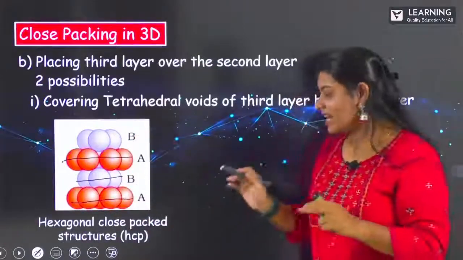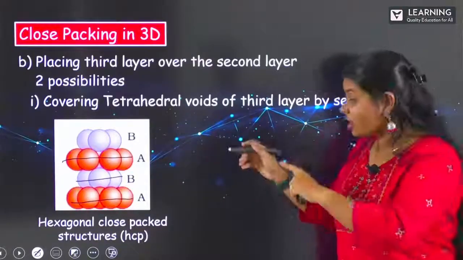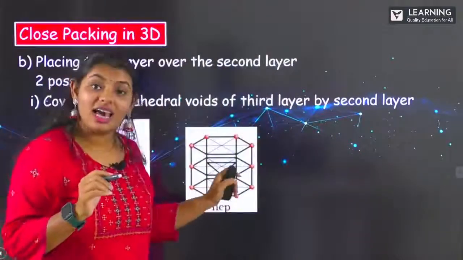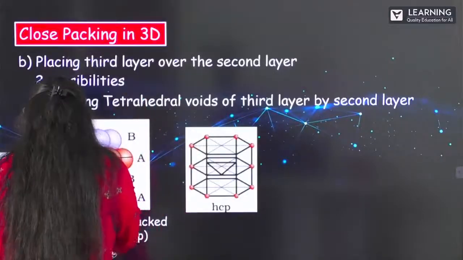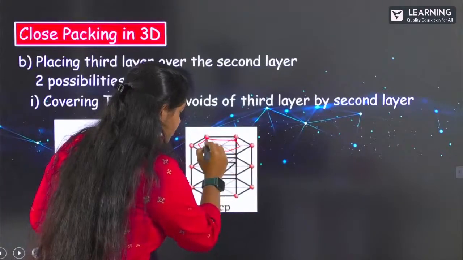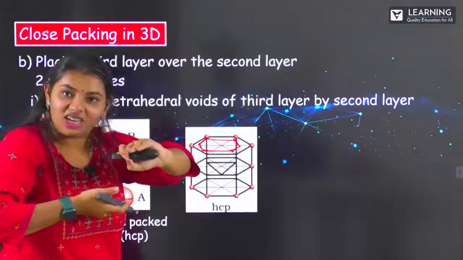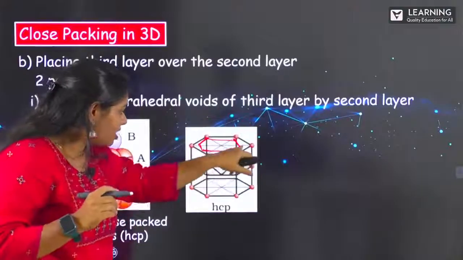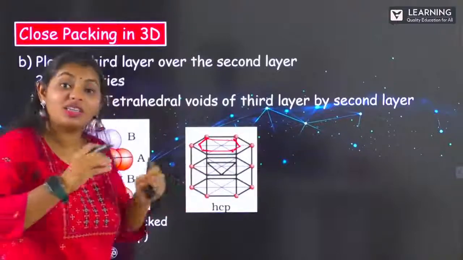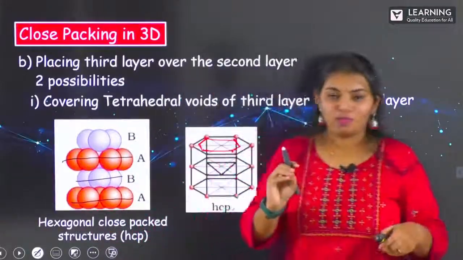Hence, the name is known as hexagonal close pack structures. HCP, hexagonal close pack structures, because the structure which is formed here is the same as a hexagon. You can see here, it's a hexagon. Here the formation of hexagon takes place. If you just cut the spheres and observe it properly, imagine these are the layers. The layers are cut and we just take the edges of it and we see the arrangement. It is in the form of a hexagon. That's why this type of arrangement is called HCP, hexagonal close pack structure.